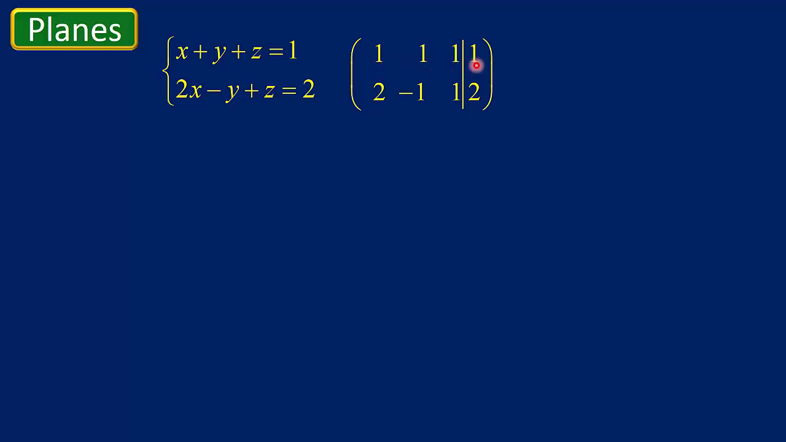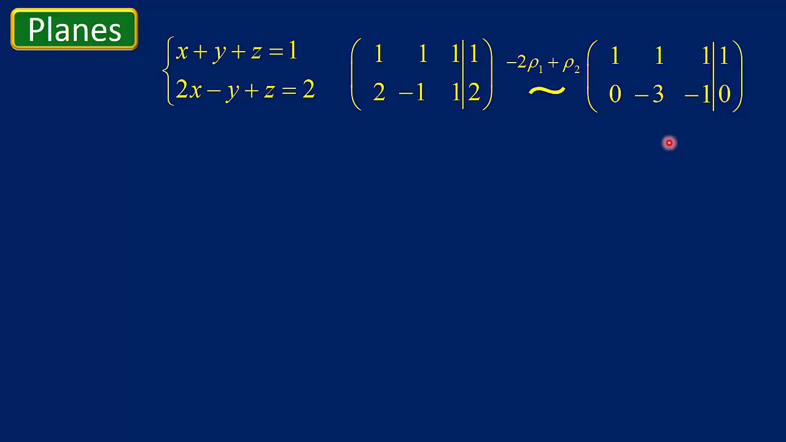So we have 1, 1, 1, 1, and then 2, negative 1, 1, 2. Okay? Let's start our row operations. I need to get rid of this 2. So multiply this by -2 and add. And I get a 0. See, -2 plus -1, -3. -2 plus 1, -1. And -2 plus 2, 0. Okay, there's what I have so far. Now,